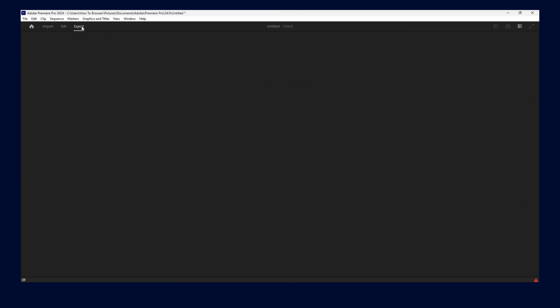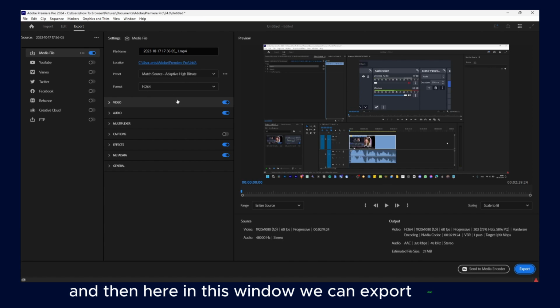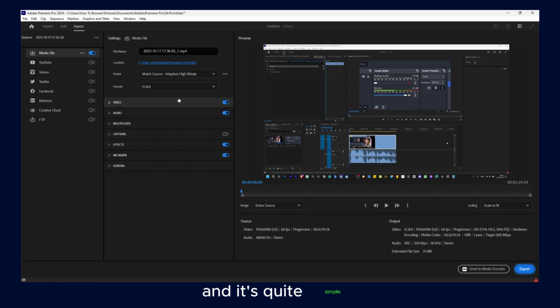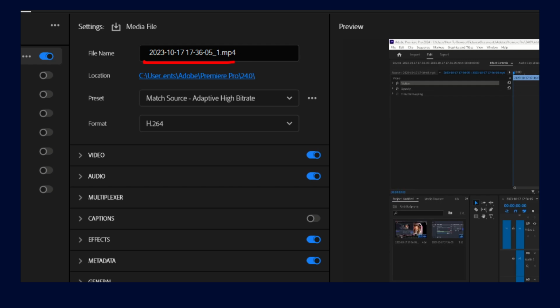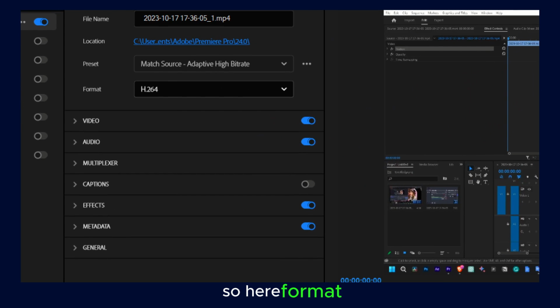export here, and then here in this window we can export our video. And it's quite simple. All we have to do is to name our file, and then location, match source. So here format, which is